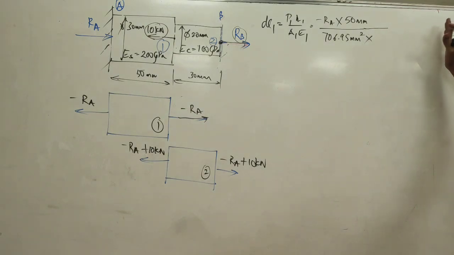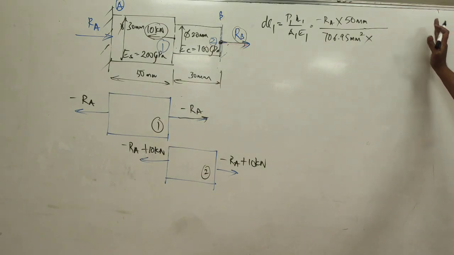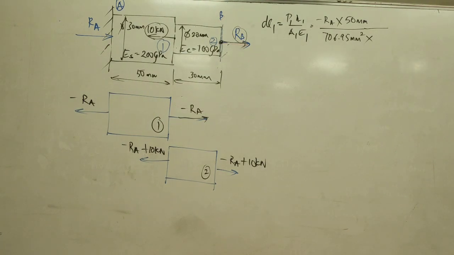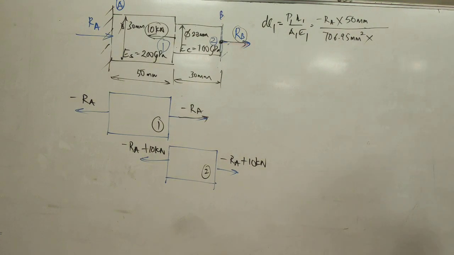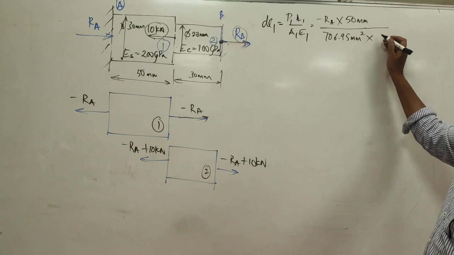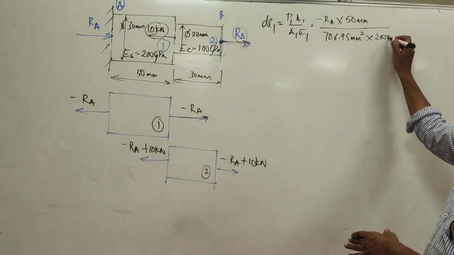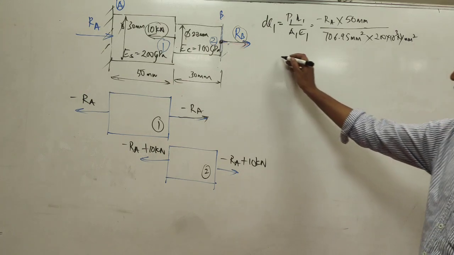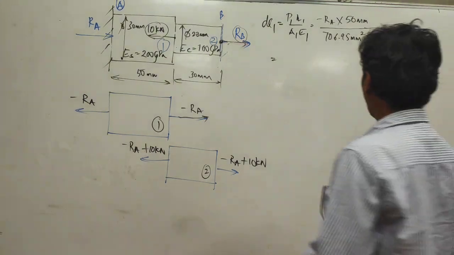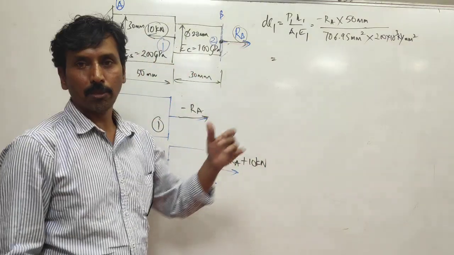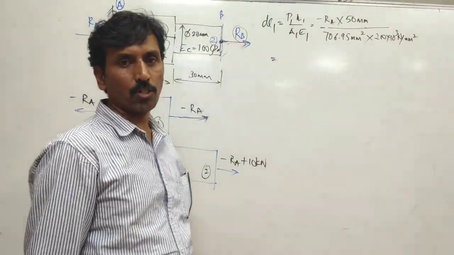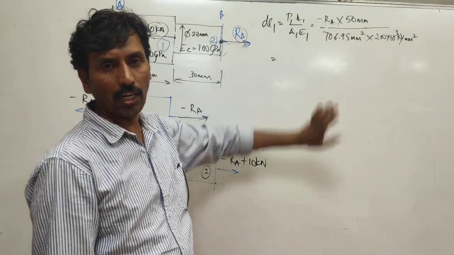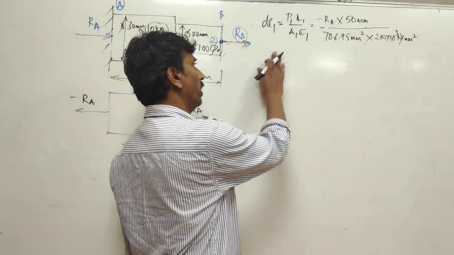Is it steel? Yes. So Young's modulus is how much? 200 GPa. So can you find out the answer here? You can't find out the answer because the number for RA is not there. Okay, leave it as it is. And then can you find out